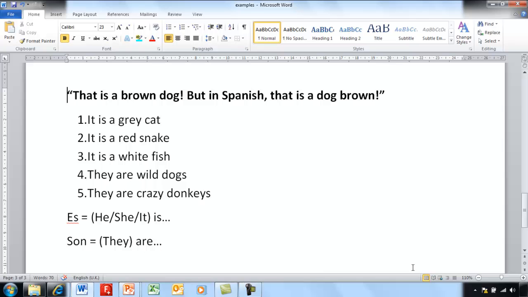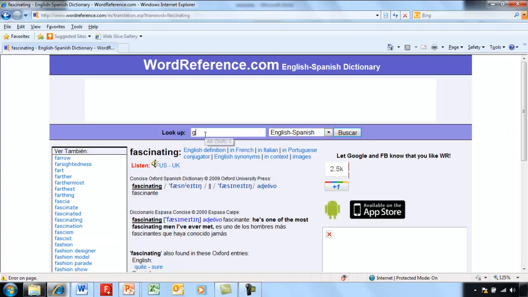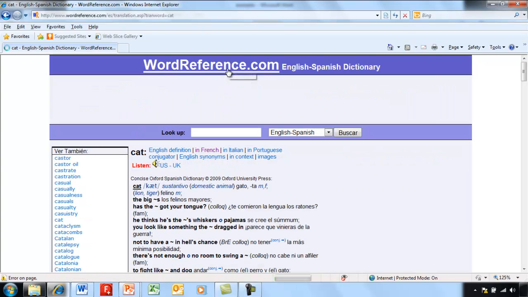Here's a little reminder. That is a brown dog, but in Spanish, that is a dog brown. Let's look at this first one. It is a grey cat. Now we need two words here. We need the words for grey and cat, so let's look them up. Grey gives us the adjective gris, and then the word for a cat, we'll look it up, and we can